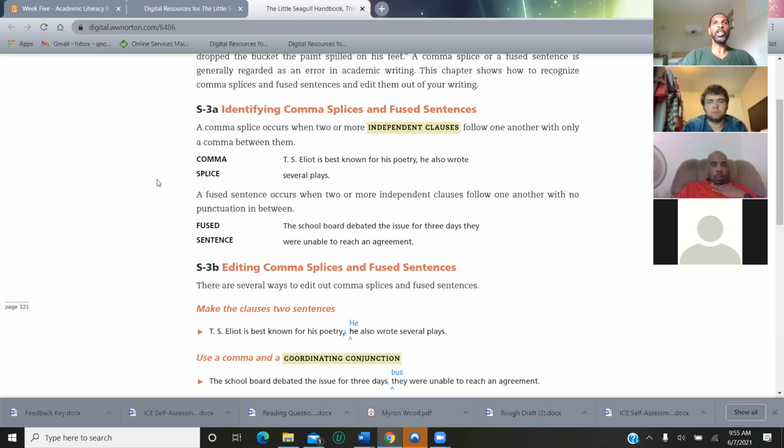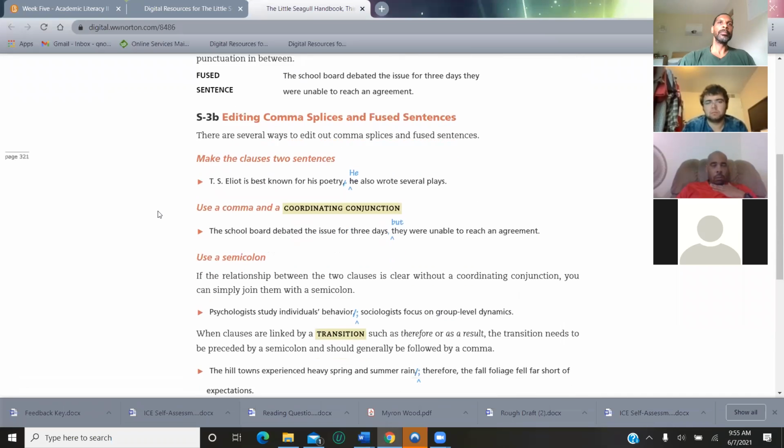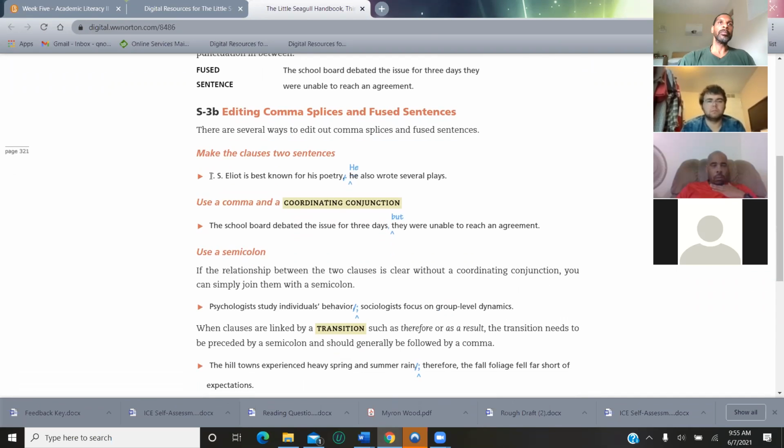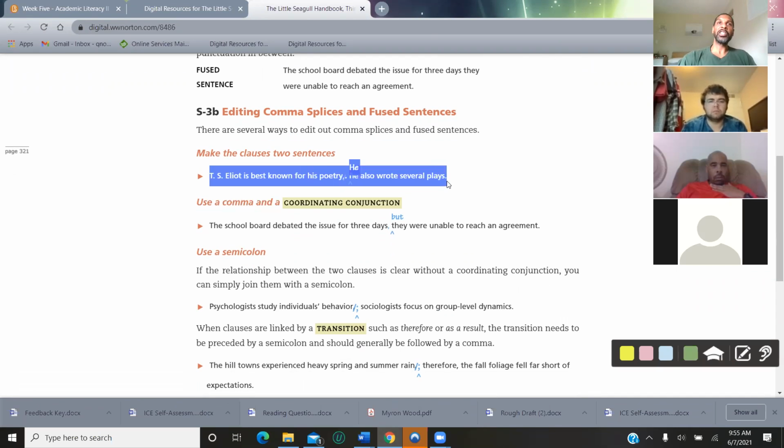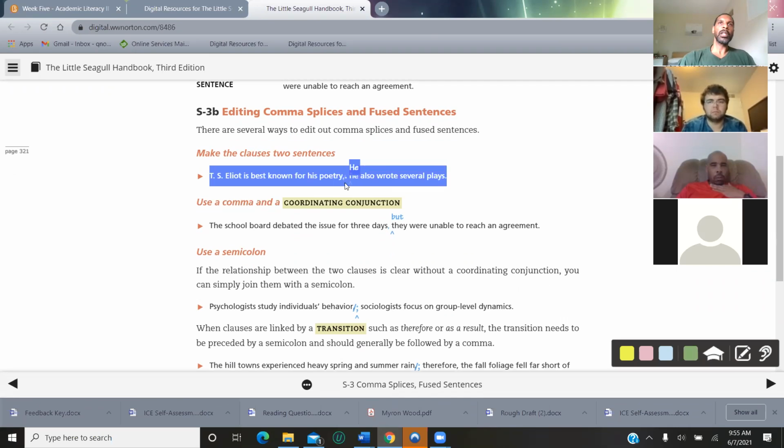The school board debated the issue for 3 days. They were unable to reach an agreement. Okay. Again, a coordinating conjunction will work there as well, or a comma and coordinating conjunction will work there as well. But they were unable to reach an agreement. Okay. And this is what I was saying. Separation's an option. Okay. Get rid of that comma, swap it out for a period, and then go with the